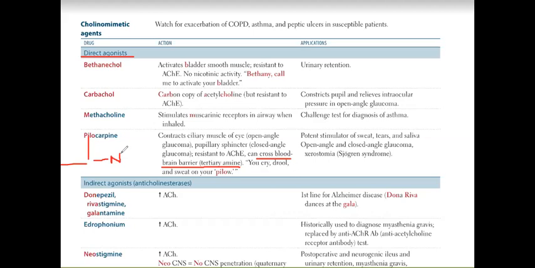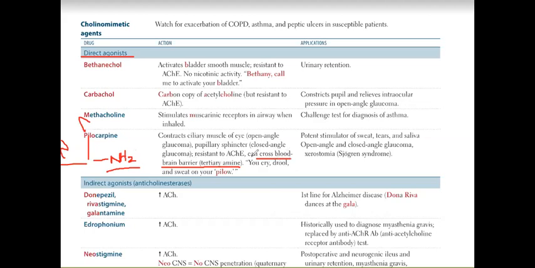Amine is NH2. So when you see that this drug has a structure of three amines attached at this particular level,